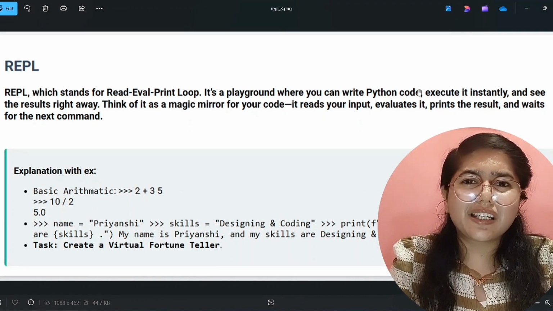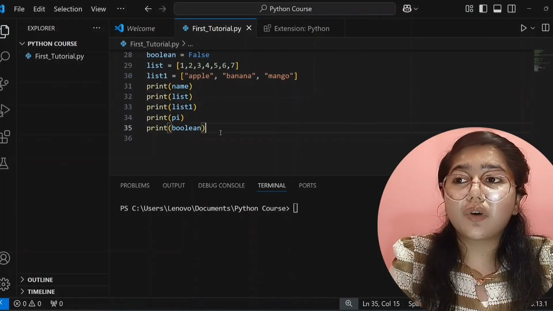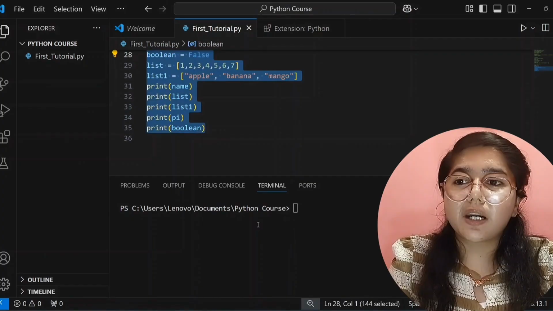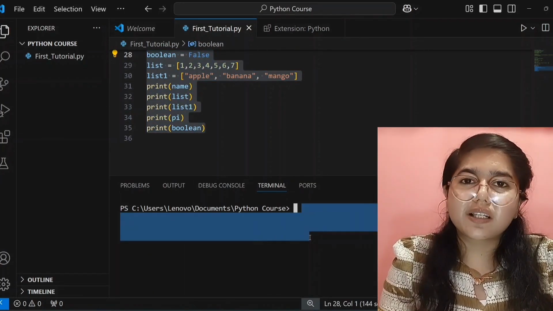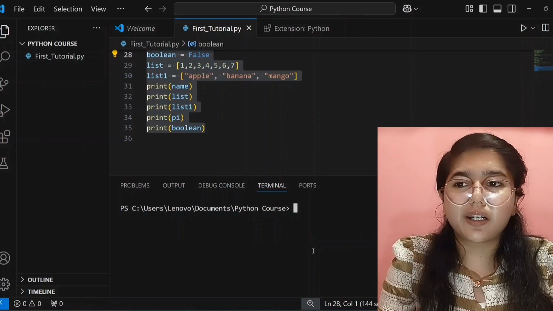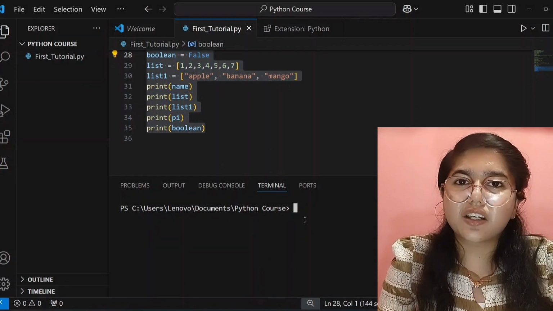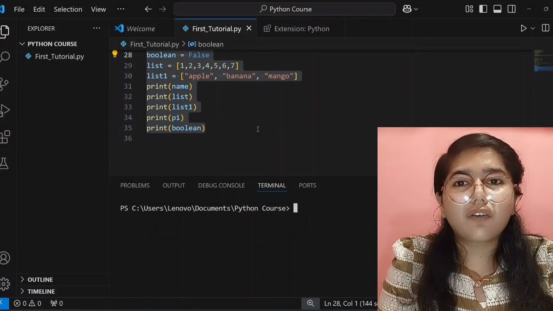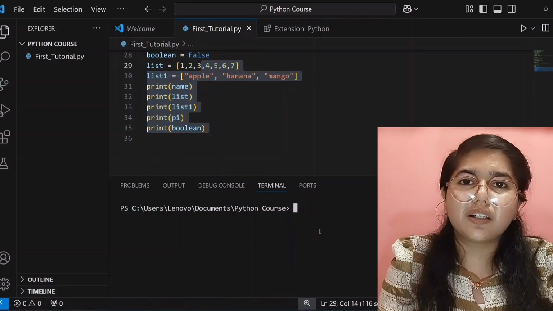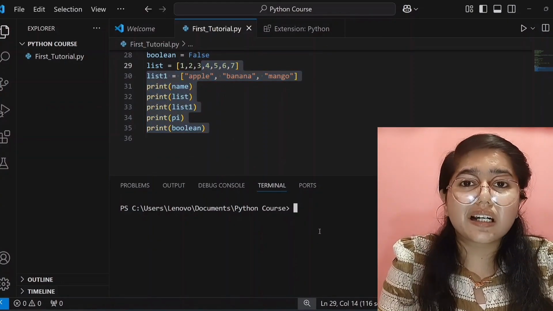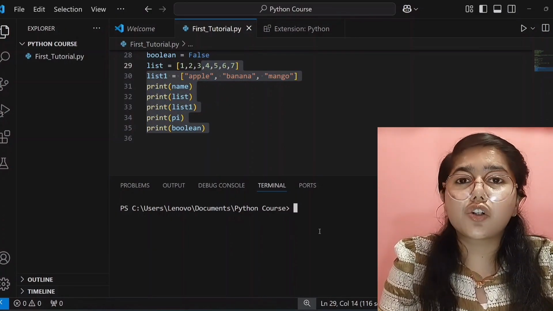In the easiest way, I can tell you that till now, what we were doing, we were writing code here, right? But now we can give a command in the terminal and it will give the correct output. For example, if you want to calculate something, you will give the command directly in the terminal and it will read instantly and give the correct output. So you don't have to write your code here. If you want fast results, you can directly give a command here and it will give the correct output fast. And if your command is wrong, then it will show an error. So the command should be correct,